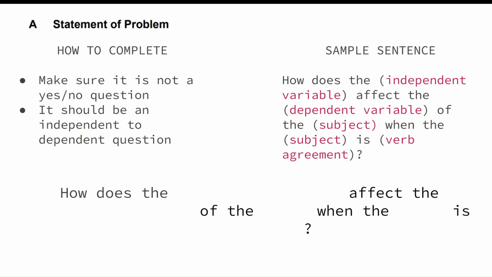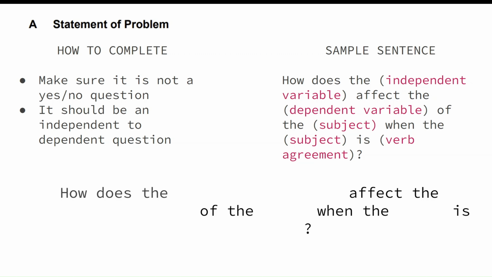So how do we complete a statement of the problem? We need to make sure that this isn't just a simple yes or no question, and it should be an independent to dependent question. When I say it should be an independent to dependent question, this means that we need to have some type of relationship shown. We need to say like, oh, this is how the independent variable differs or changes due to the dependent variable, something like that. Now, we will go over what independent and dependent means, not in this video, but in other videos if you don't already know, and we will be going over more terminology